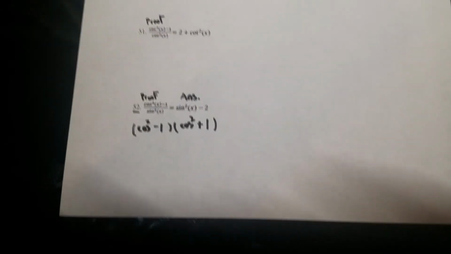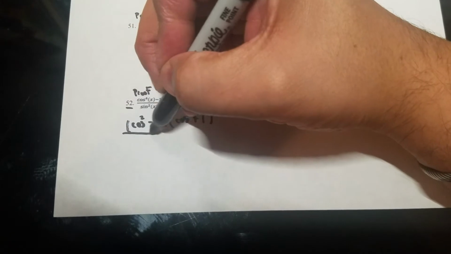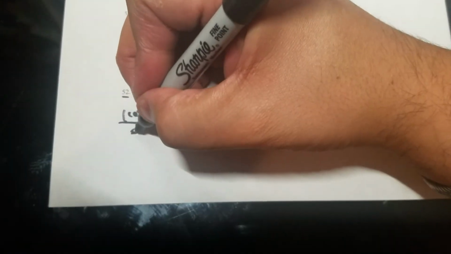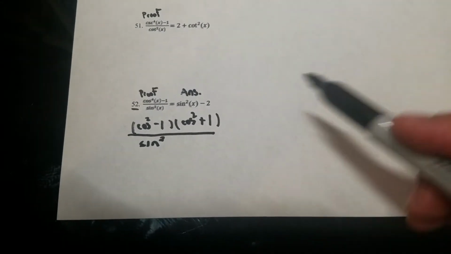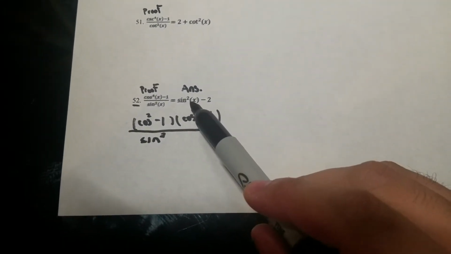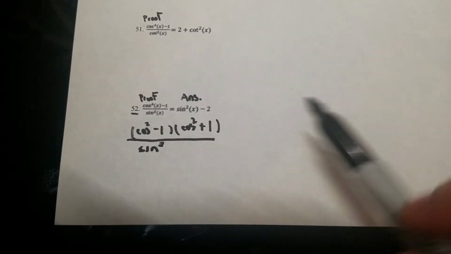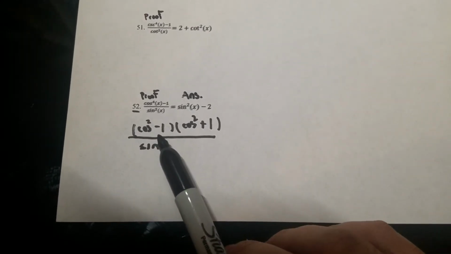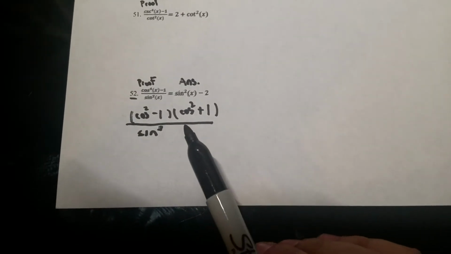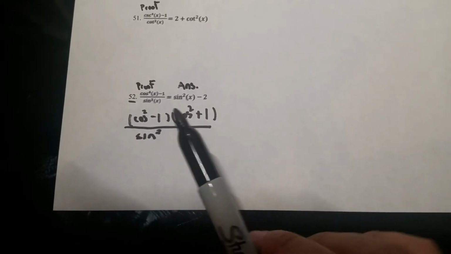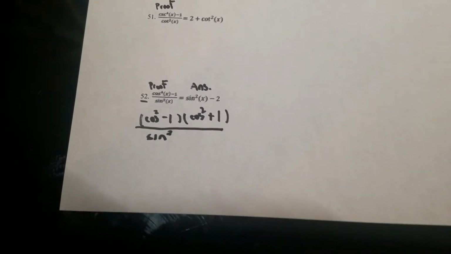Okay, so that's just the top part. I rewrote it like that. And I'm going to put the bottom part as sine squared, because that's what it equals. Okay, and again, this right here does not equal that just yet. Okay, so we still need some work to do. But what I see in the top, cosine squared -1, cosine squared +1, okay, I see a squared and I see a 1, so I could potentially use